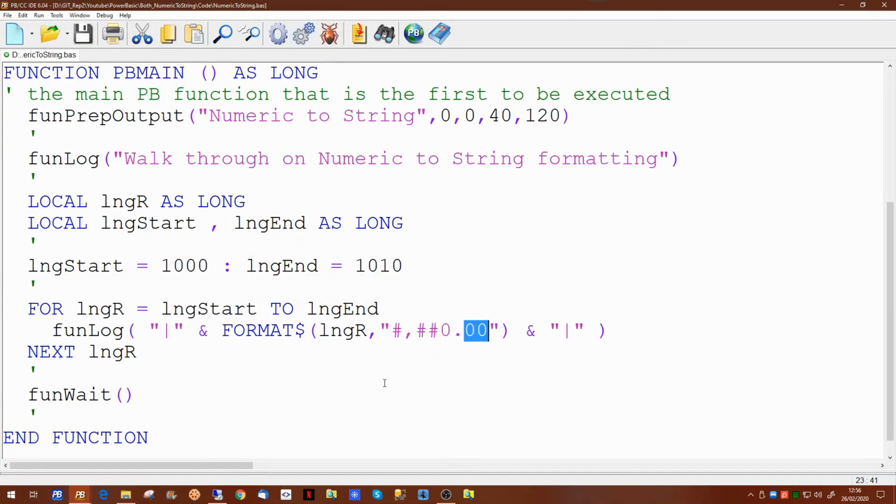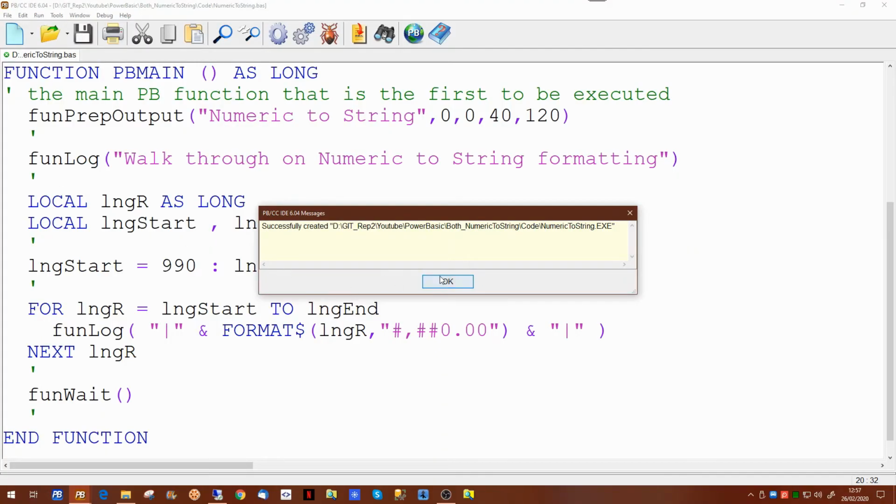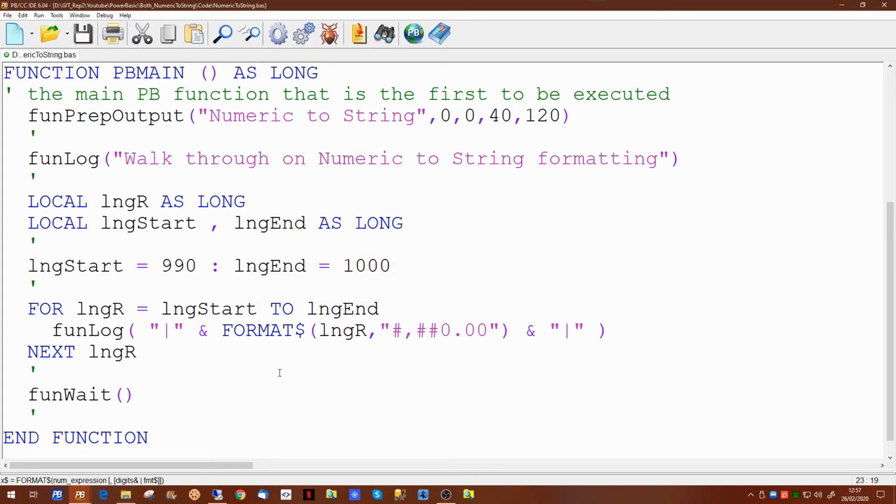This barely scratches the surface of what format can actually do. If we're, for example, outputting something from 990 to 1000, we'll see that it goes from 990 all the way to 1000, but the 1000 value takes up more space than the 900s. Now if we wanted all this to be right-hand justified, so that the column was nice and neat, there's another string command we can use to further format it. We'll enclose this in brackets,